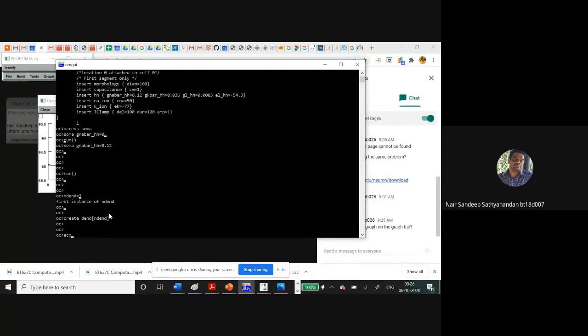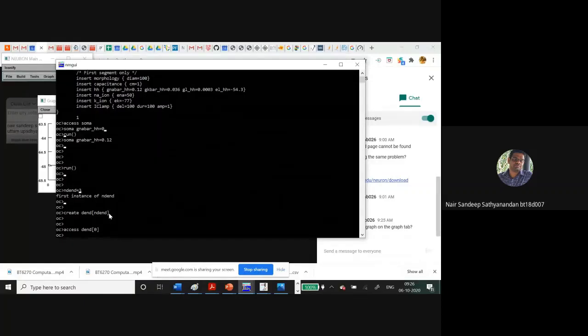First we can do access, so that we are in that particular section. Now I am not entering it individually, I'll enter it in bulk. Let us create 5 different segments, and set the diameter.